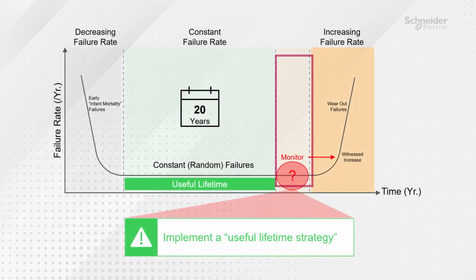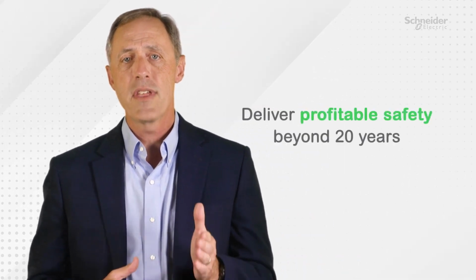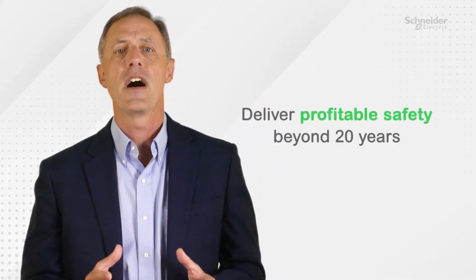Safety systems, too, are installed in a variety of ways, from climate-controlled control rooms to outdoor high-heat environments. If a user continues to operate past 20 years, the failure rate should be monitored to verify that they are not increasing beyond the steady-state rates. It's possible to extend my tire's life by things such as driving responsibly and maintaining proper air pressure, and in a similar manner, proper oversight of your Triconex systems can enable them to deliver profitable safety beyond 20 years.